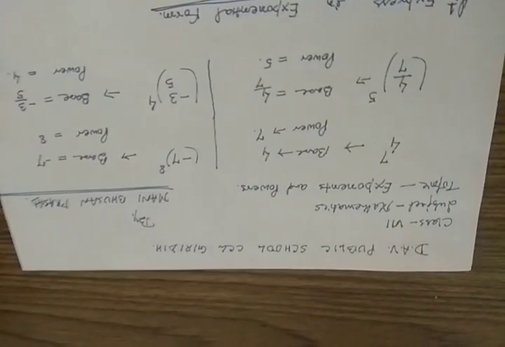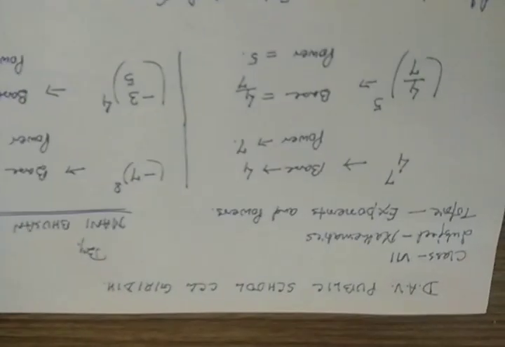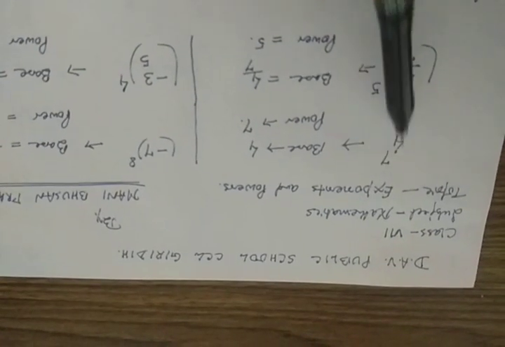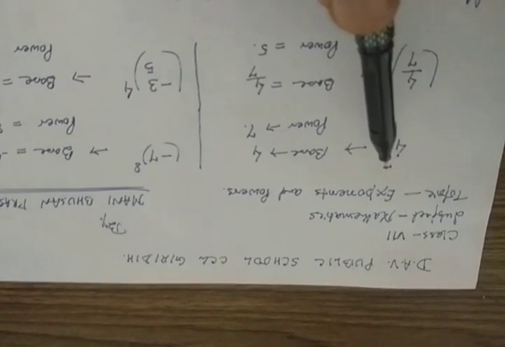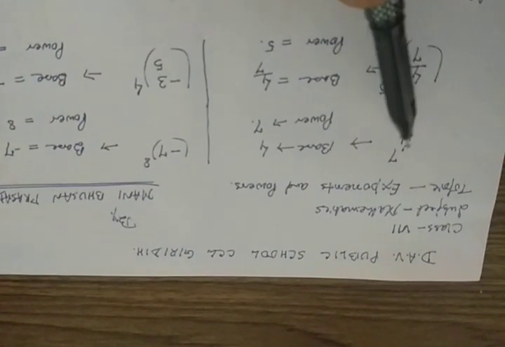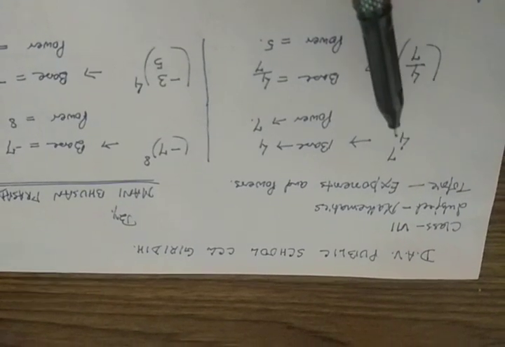What is called exponent? Exponent and powers both are the same things. Okay, just see now the 4 to the power 7. There is a number 4 to the power 7. In this case, what is your base? Base is 4. This is known as base. So base is 4. And what is the power? This one. This is known as power.